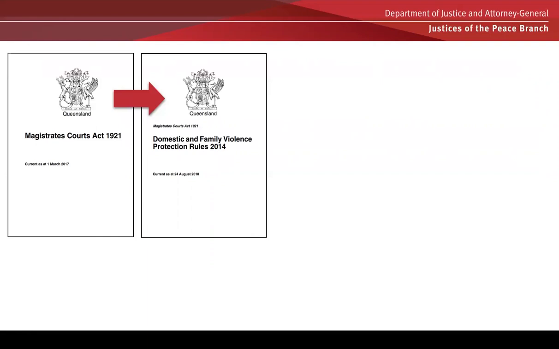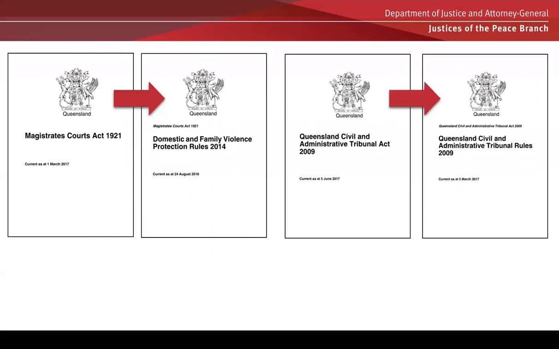Another common affidavit or act is the Queensland Civil and Administrative Tribunal Act 2009. And in that act, they also have their own court rules, and it is called the Queensland Civil and Administrative Tribunal Rules. QCAT deals with residential and minor money disputes. And if somebody wishes to submit evidence in the way of an affidavit, again, this document lists the rules of how that affidavit must be submitted.